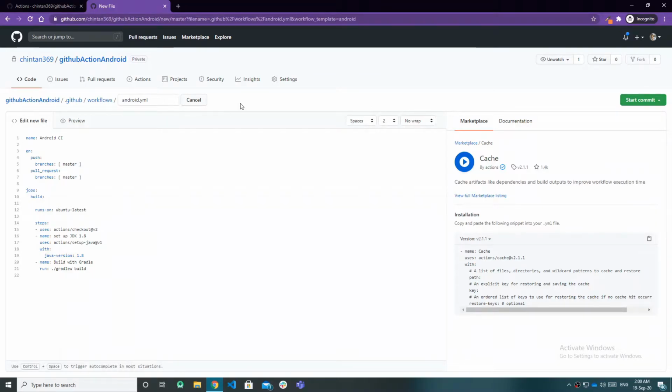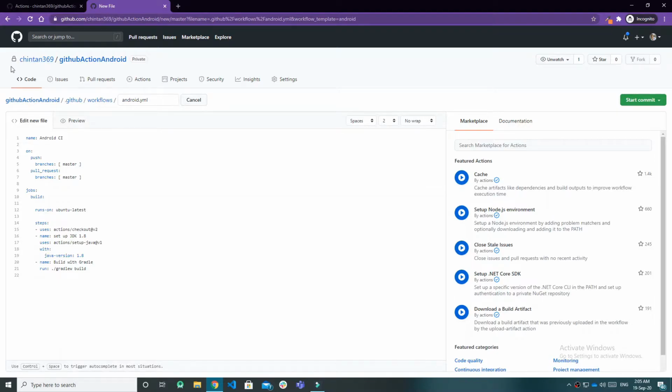While creating our action pipeline file, it must be placed in .github/workflows/ our file name .yml. .yml is a pipeline extension which identifies that this is a pipeline and it will run on the specified event. So it must be placed in this folder. If you place this file in any other folder, this won't run in any condition. So you must take care of this.